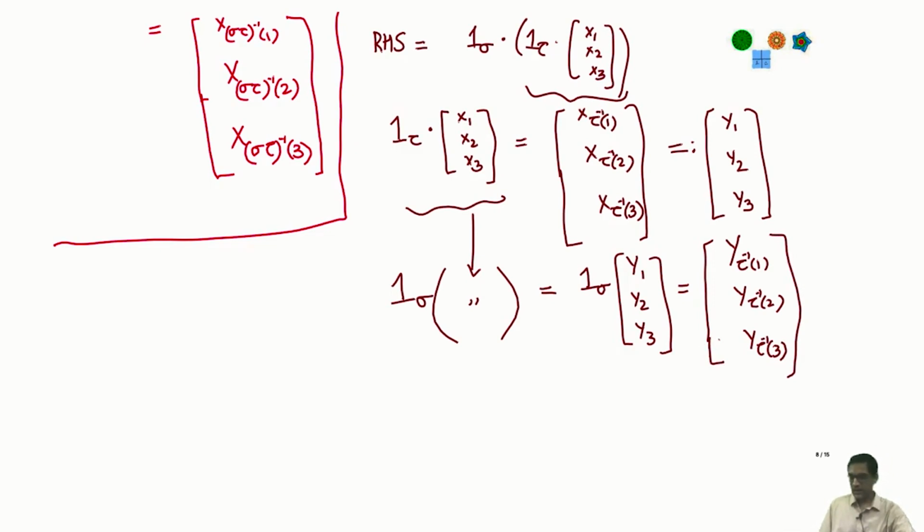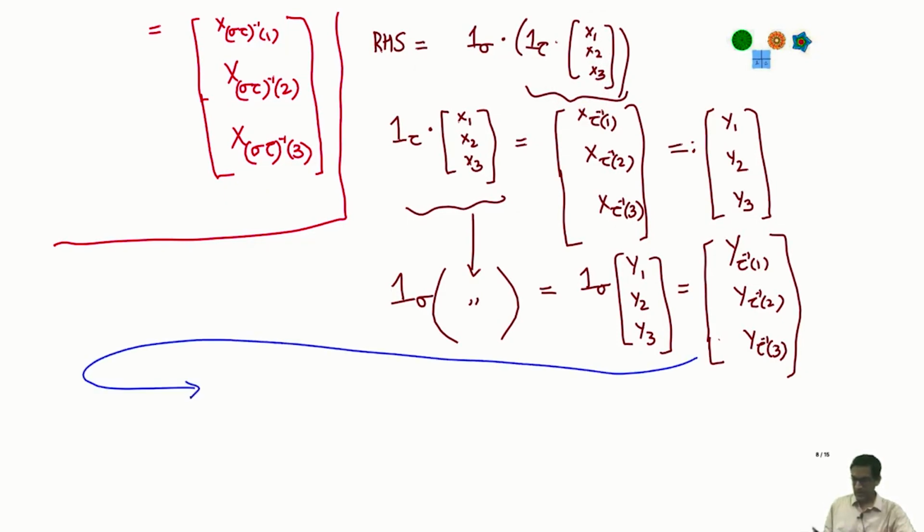So that's my 1 sigma acting on 1 tau acting on x1, x2, x3. Okay, now let's unravel the last step. Let's look at what we got as the answer. So let's look at this answer here and see what that becomes. Now remember, y tau inverse 1. So what is y of anything? y_i is the same as x sub tau inverse of i. Okay, so when I say y of tau inverse 1,